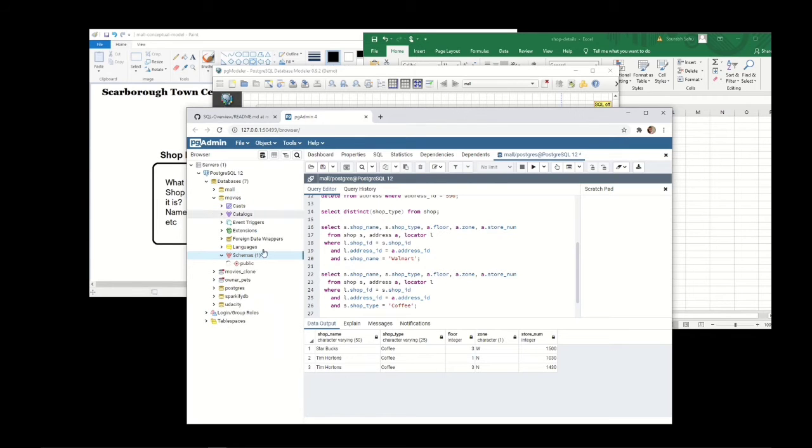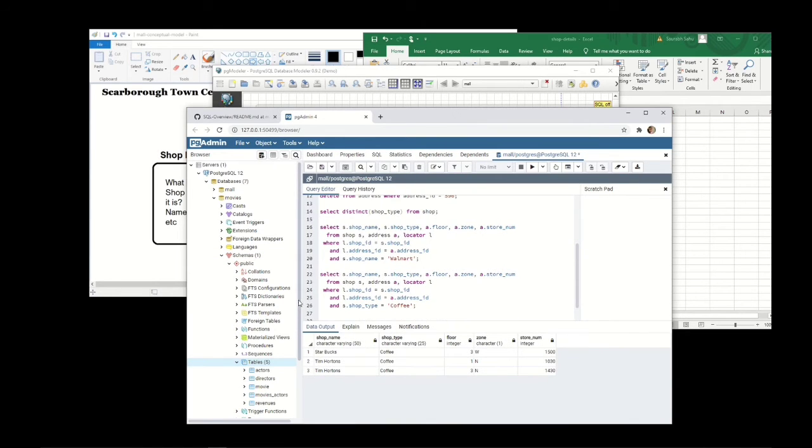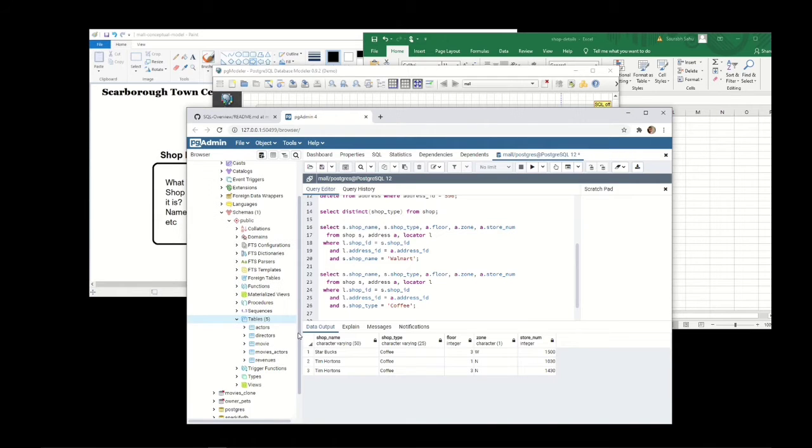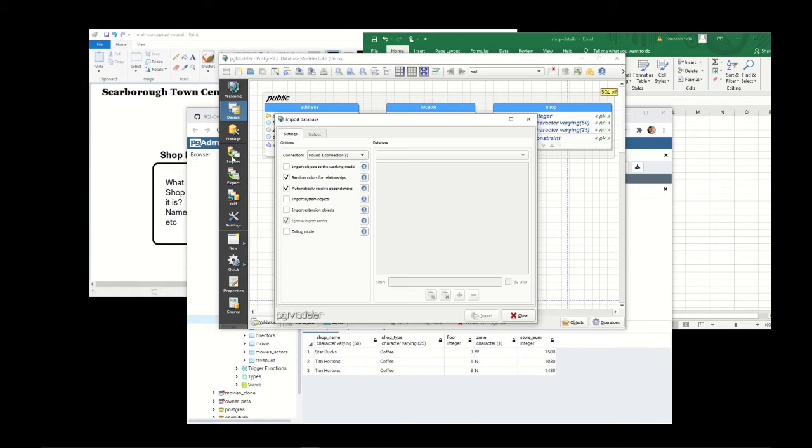When I look, I do see certain tables that give me a little bit of an idea of what this database is about, the movie information, but I really don't know how it is linked. So for that, we again go back to our PG modeler and let me try to import the model